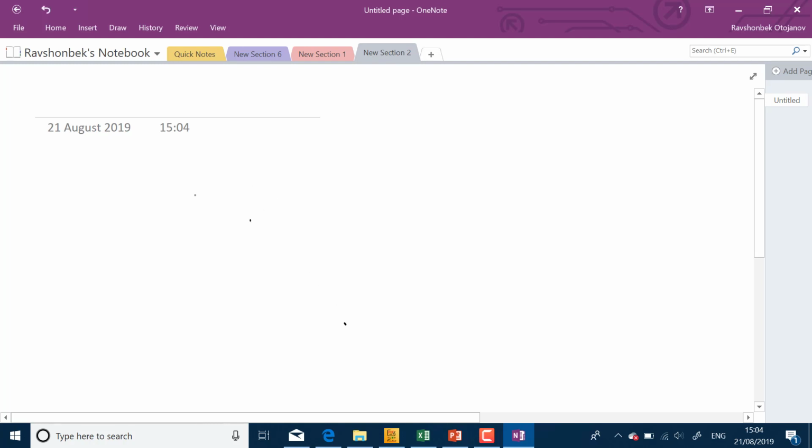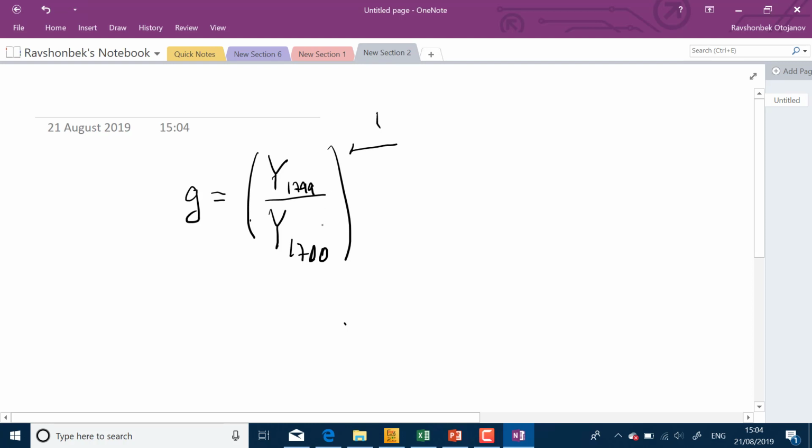So the growth rate of a variable is basically, let's say it's output, so output in the end period, say 1799 here, over output in 1760, to the power of 1 over the number of years, which is 40,